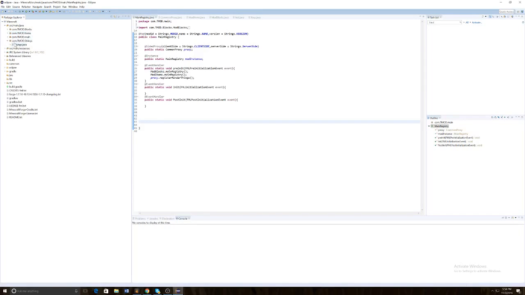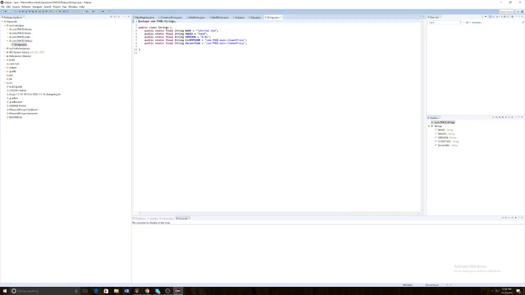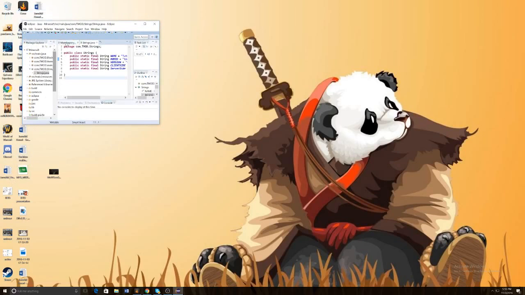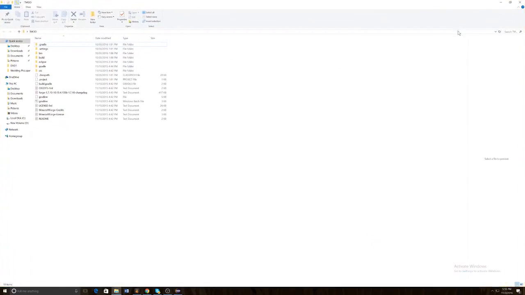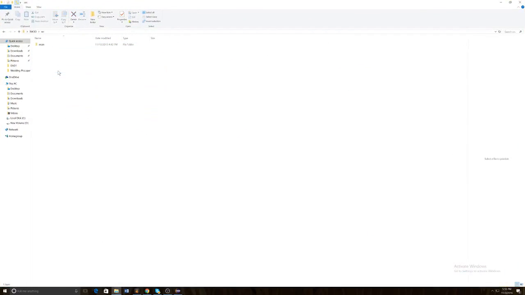Go to strings, and where we have our mod ID, make sure it's all lowercase, no spaces, like I said in the first video, in the second video. Copy that, and then head into your tmod folder where all those files are located. Source, main, resources, where it says mcmodinfo. New folder,